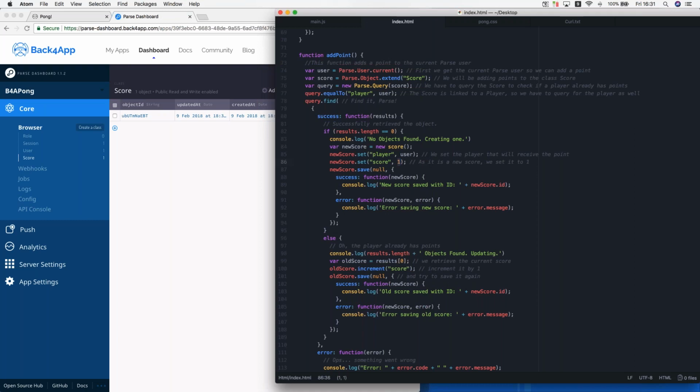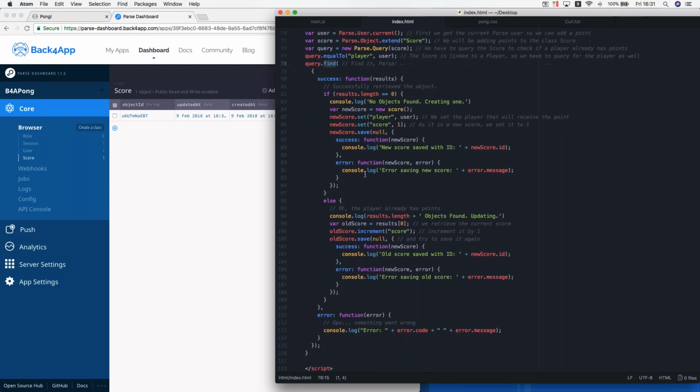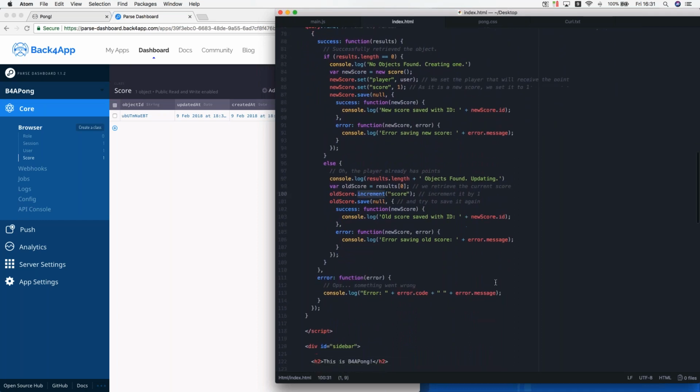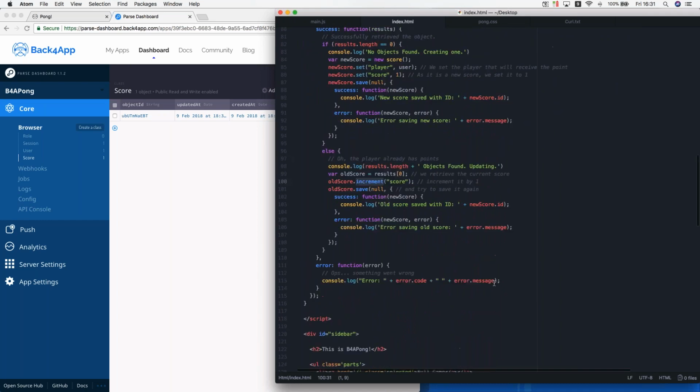So this is how we query for objects and can retrieve and create new classes, new values, and change values by incrementing or decrementing, okay? Well,